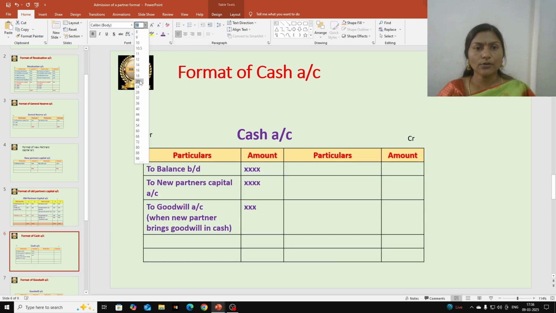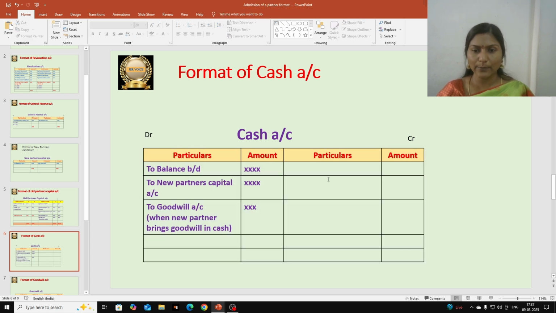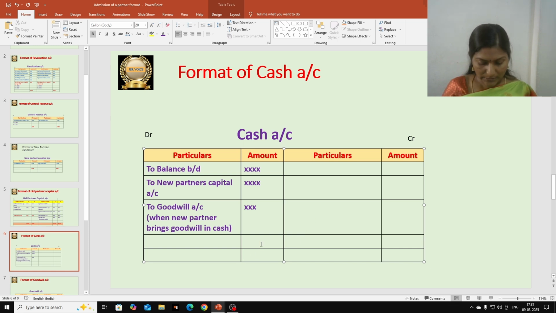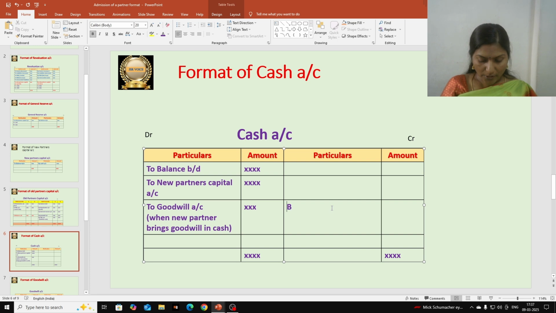After that we should total. Always the total will be more on the debit side only, because items are more on the debit side, and then we get balance carry down. First we will write totals. Wherever the amount is more, that we will write on both sides. Suppose the debit side is 50,000, we record both sides in totals 50,000, 50,000, and on the credit side we record it by balance